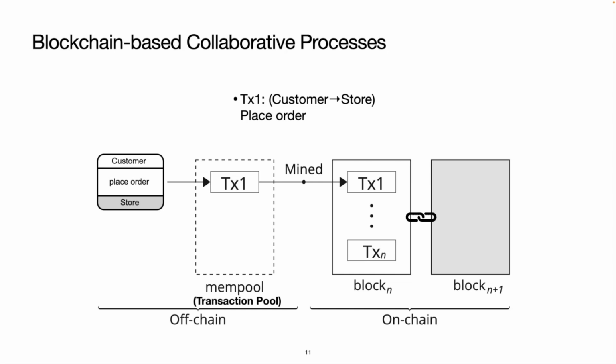So how does this happen? What happens behind the scenes on the blockchain? Let's take this example, the first task, placing an order. So the customer sends a transaction to the store, and this transaction contains the necessary information for the order, placed